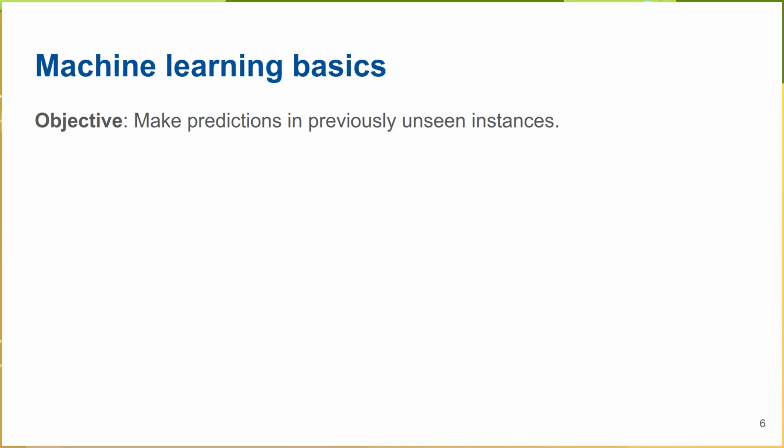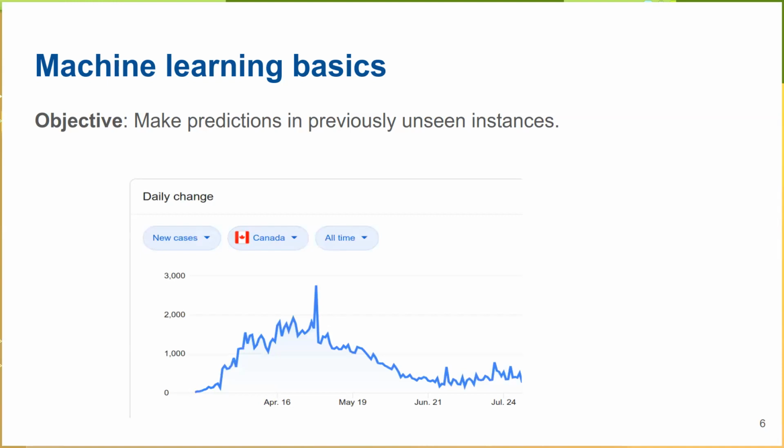A third and final example is, well, what if we want to make predictions, for example, in a time series? Now it is not a classification task anymore. It is more like a regression task. So for example, we can see the evolution in the number of infected people of COVID in Canada, and then we are at some point in time, and then we want to make the prediction K weeks into the future. How many people do we expect? So then we make this prediction marked with an X, and we wait, and then we see how good our prediction was, and then we can measure how good our predictor is.